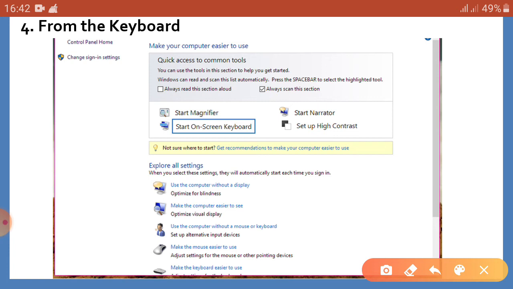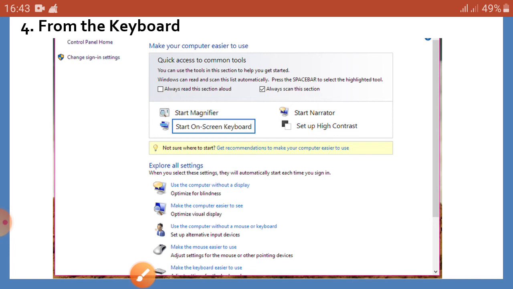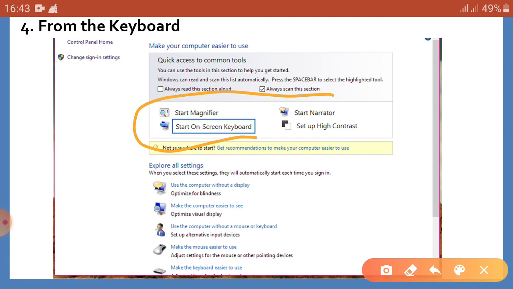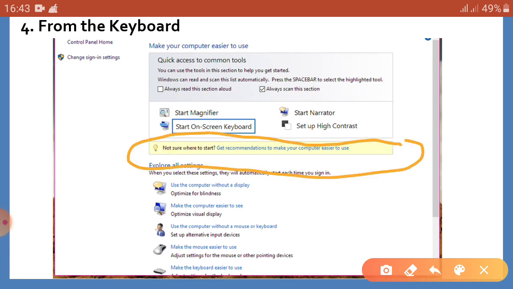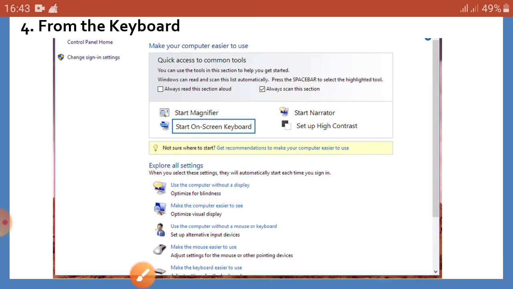So using the method discussed above, this screen is displayed. Okay, so let us discuss its options in detail. Go to the next. Here we can say that this part is known as the common tools. This is the recommended settings, and these are the all settings portion. Okay, go to the next slide.